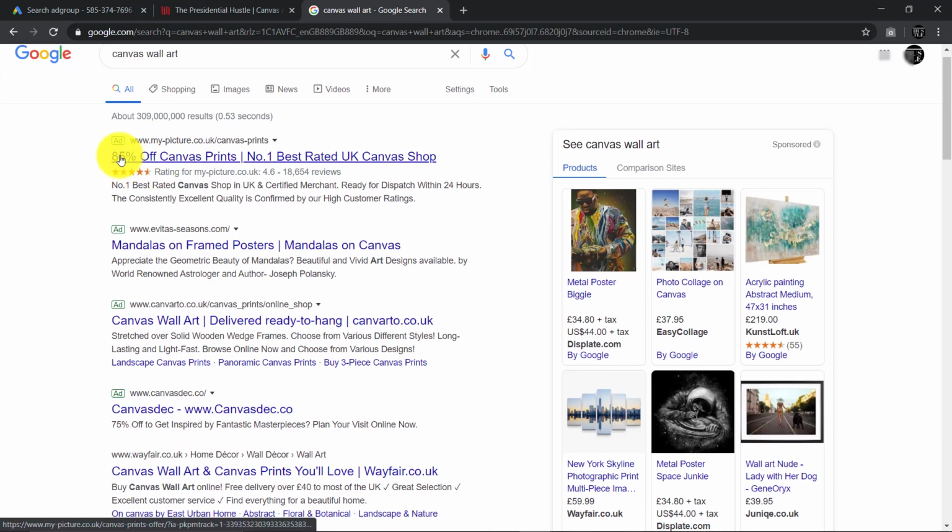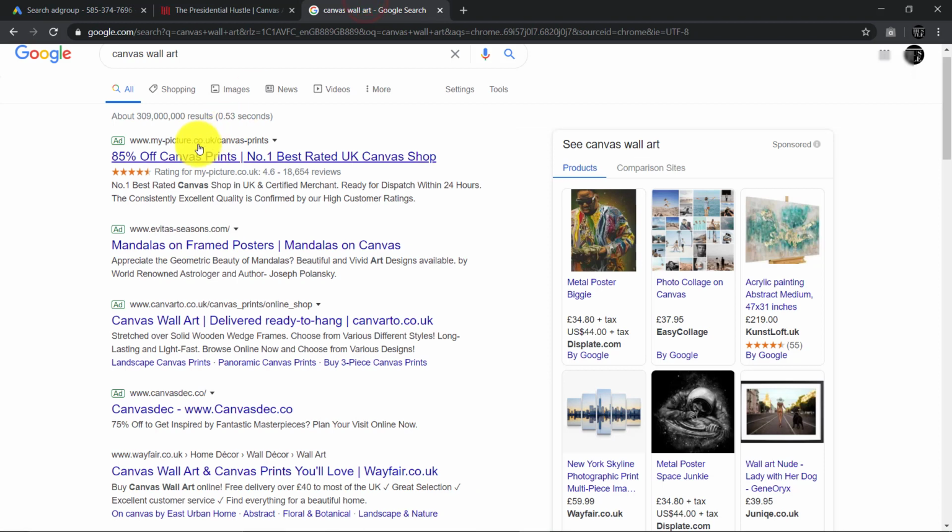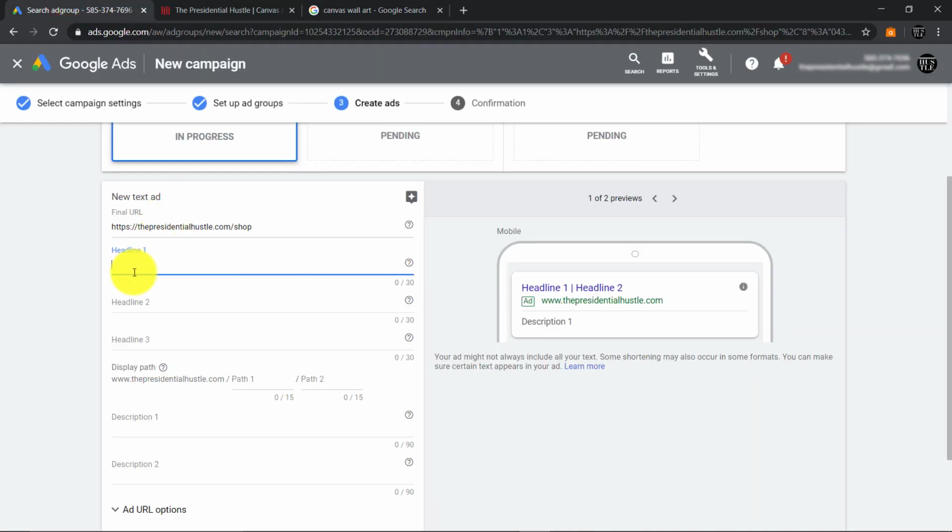As you can see, this ad says 85% off canvas print, number 1 best rated UK canvas shop. This is very catchy because they have this 85% off. So that already tells me that in order for me to grab attention, I need to put figures and percentage off, because this is very, very catchy. It looks catchy to me as well. If I was a customer, I would have clicked on this, right? So that allows me to know that in my headline, maybe I want to do 75% off,